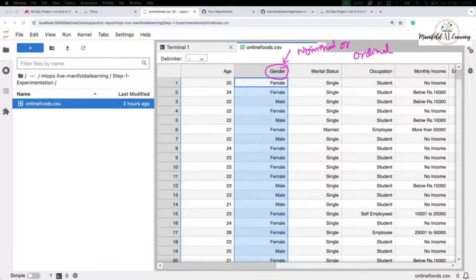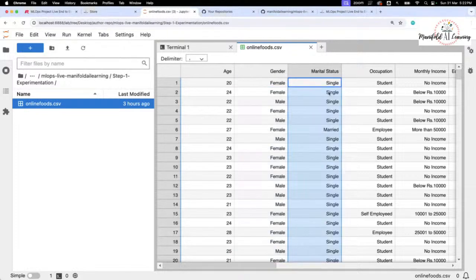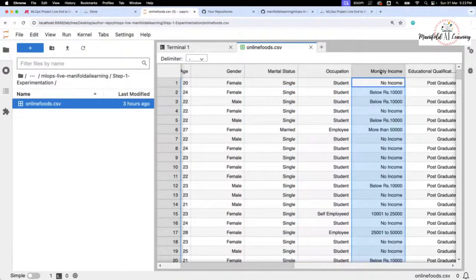Perfect, guys. As most of you have mentioned, yes, this is a nominal data. If I want to give you a background, nominal data is a type of data that is just a collection of labels. There is no ordering present. That kind of data, we call nominal data. When it comes to ordinal data, that's a kind of data where some kind of ordering is present. Similarly, we've got marital status, the occupation, the monthly income,